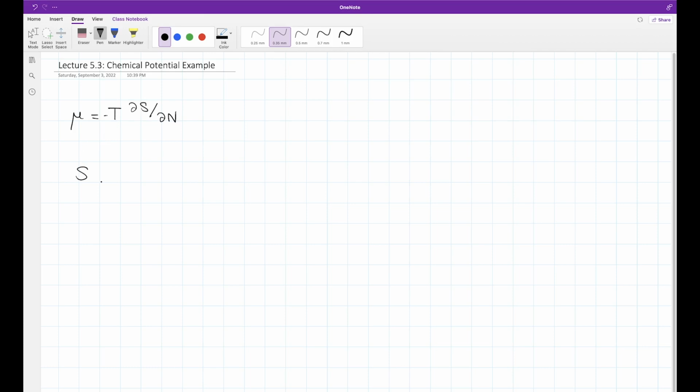So we remember the Sackur-Tetrode equation says that S is equal to N k_B times the log of sigma V over N, U over N to the power of 3 halves. Then we need to add on our 5 halves N k_B. And let's just redo the calculation here. So this implies,